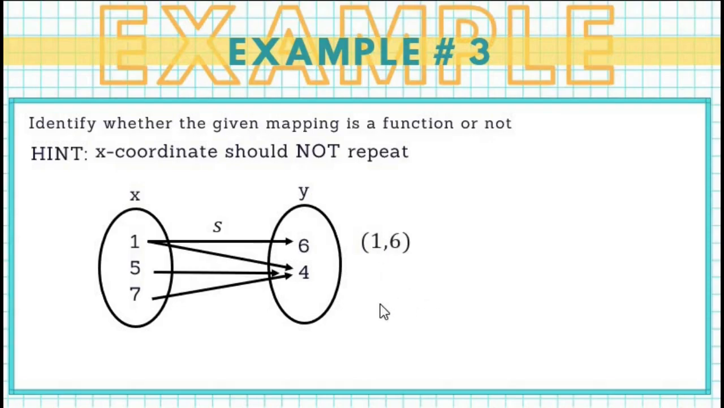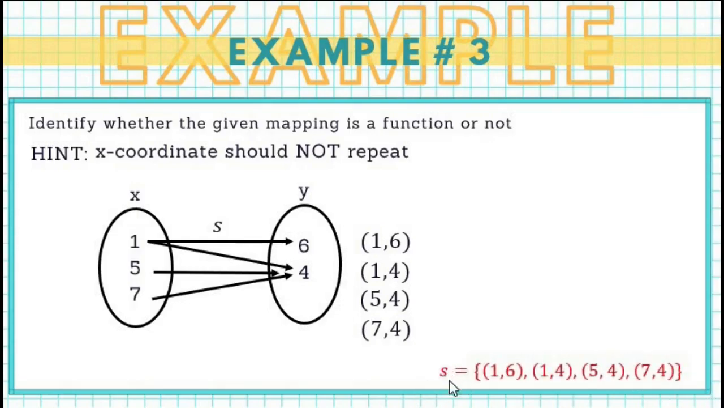Okay, another possible ordered pair to be formed given this mapping is that the x value is 1, and then it is mapped to y value 4. So that is represented by an ordered pair (1, 4). Moving on, we have the second x value 5. It is mapped again to the y value 4. So that is represented as an ordered pair (5, 4). And lastly, x value is 7. It is mapped again with the y value 4. Again, we can write this as a set given by set S equals {(1, 6), (1, 4), (5, 4), and